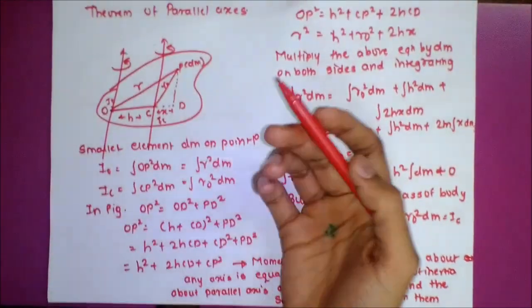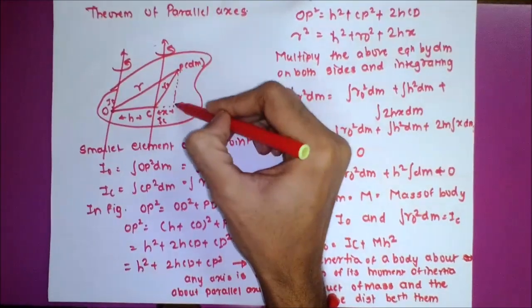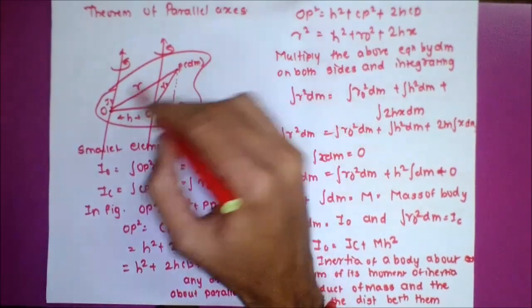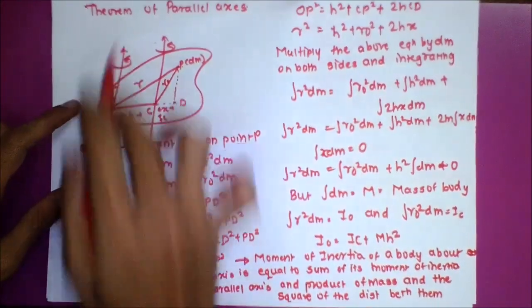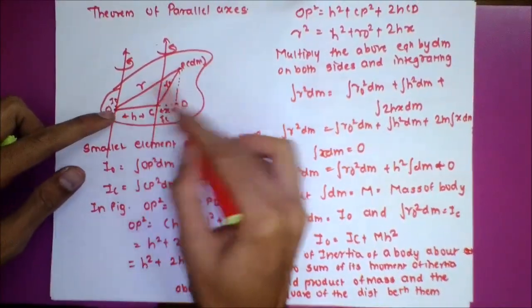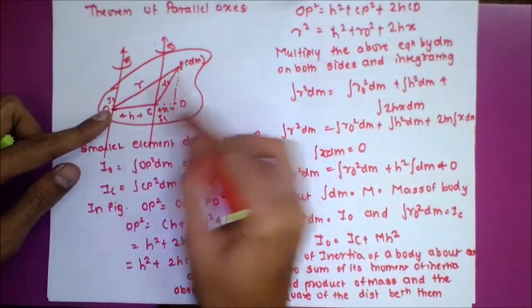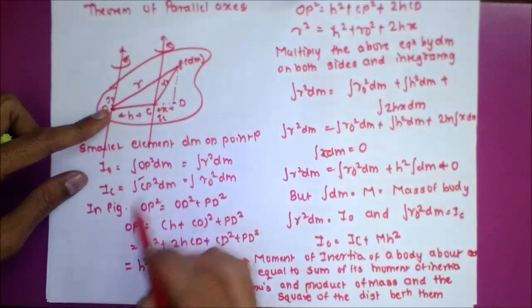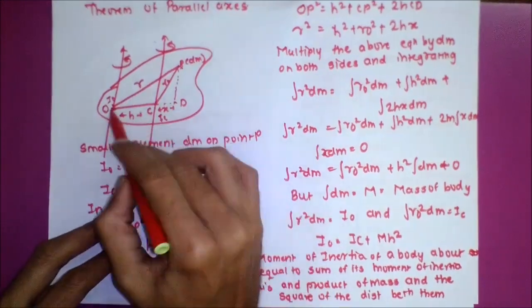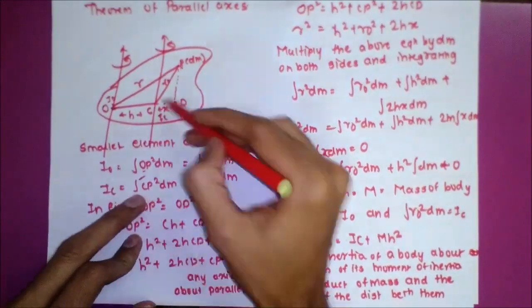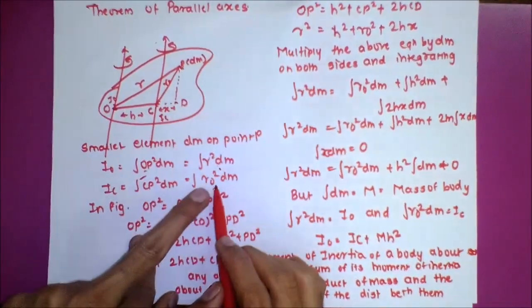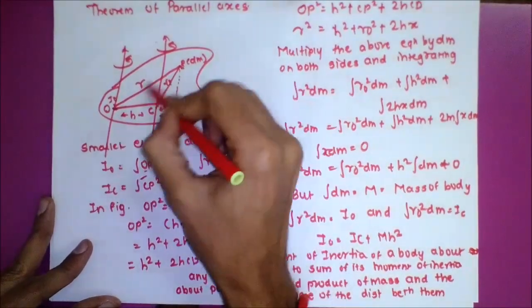Okay, so we have a slight construction here. We join P and C at point D, and we have a distance of x here. So the inertia about the axis O is given by the distance from the particle to the origin, that is OP square, multiplied by its mass. So integrating OP square dm, that distance is r, so we get r square dm. Next we have the inertia for this line C, so we again have the distance from the particle, CP square, multiplied by its mass dm, so we have r naught square dm. This distance is r naught, this distance is r.